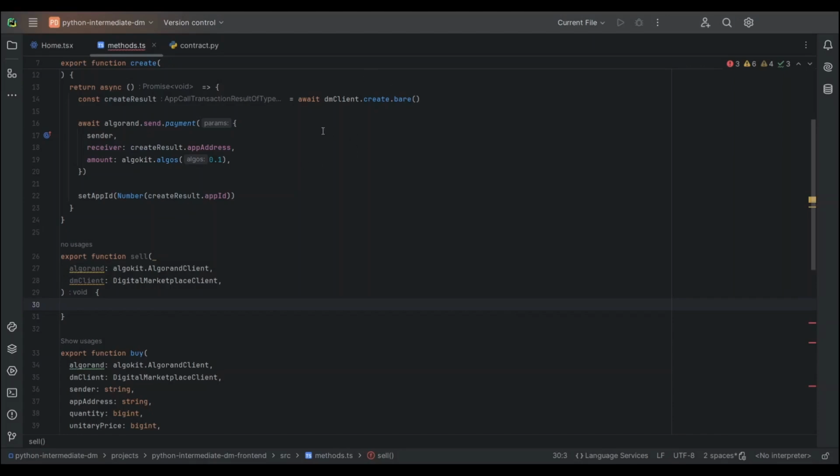So let me just check my notes. Okay, so the flow is going to be that we want to create a new asset, and then we want the contract to opt into that asset, and then we want to call the deposit method. So first step would be to create the asset. So set create result. This is equal to await Algorand send asset create,